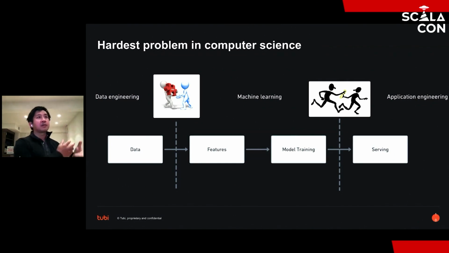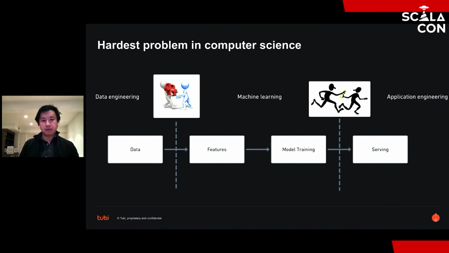And in other software engineering disciplines, deciding on the rules, encoding the system, and running the system are generally the same people, or at least within the same team. Whereas in machine learning, this workflow is actually split, right? So you've got data engineering that collects the data and manages the data warehouse or data lake, and then you give that to the machine learning team that does feature engineering and model training, and that gets handed off to an application engineering team that's actually managing the serving and the production aspects of things.